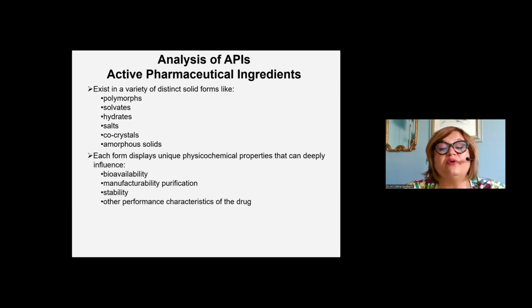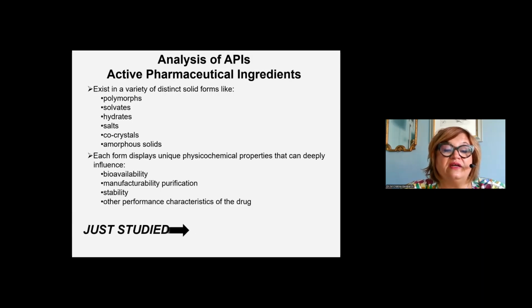why they are so important is to study their unique physicochemical properties, which can modify bioavailability, and also manufacturability, purification, and also the stability and the performance of a drug. The performance of the drug is directly connected with the therapeutic effect at the end. So